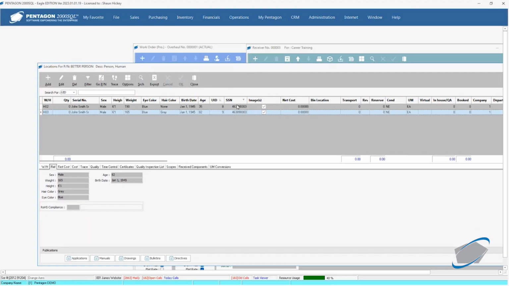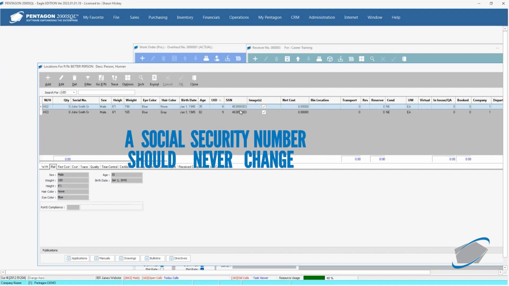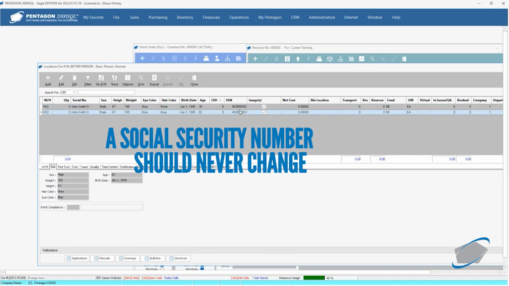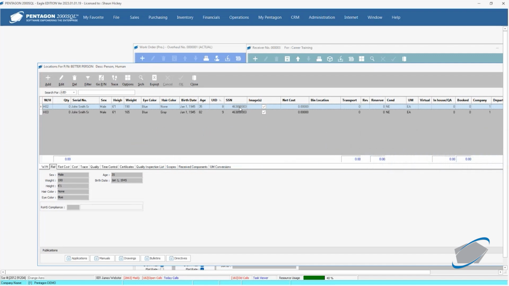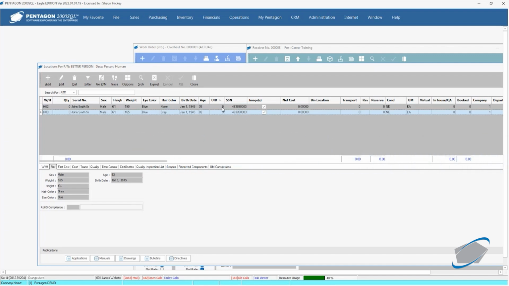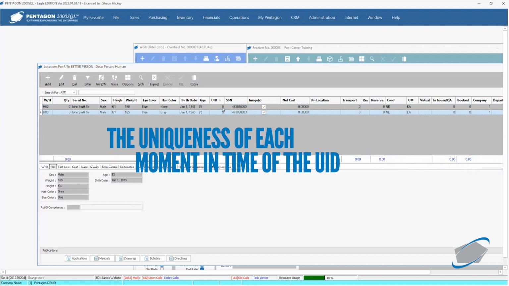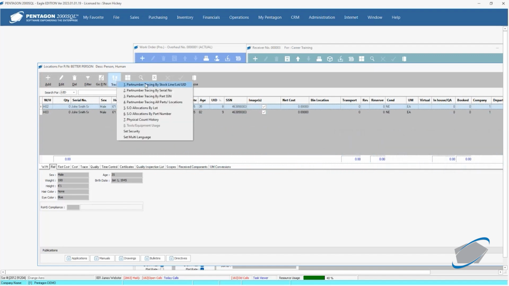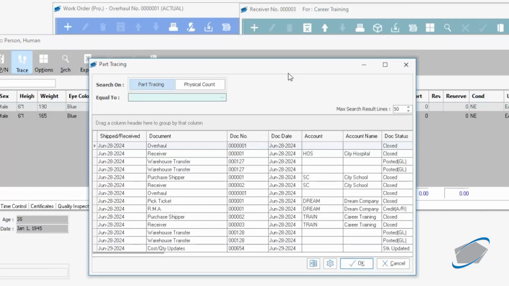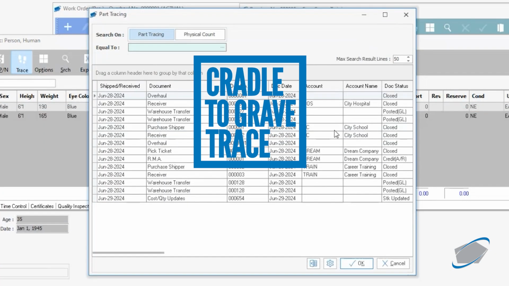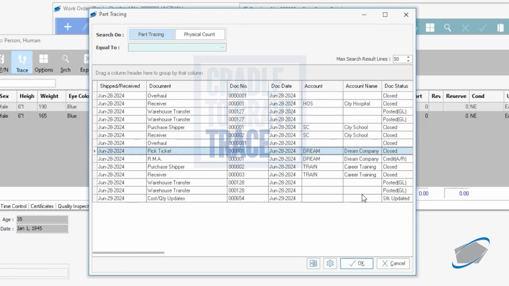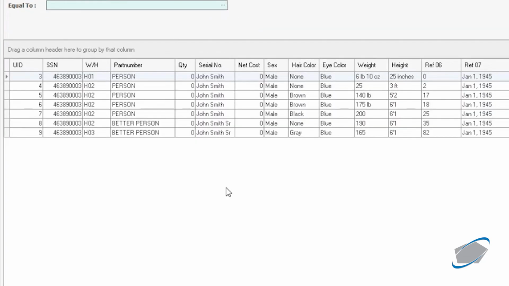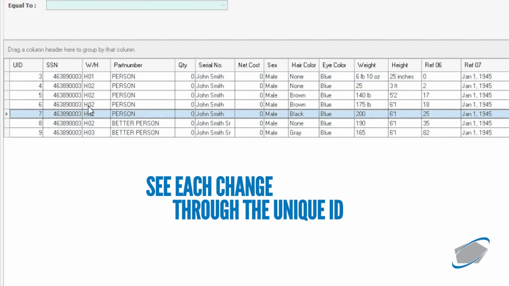So the conclusion here is understanding this relationship between the Social Security number, which should never change throughout the journey of the life of a part in your system, and the uniqueness of each and every point in time of the unique ID. It's always fully traceable. Cradle to grave trace, from birth through each school, through each warehouse transfer, to ultimately the stock adjustment. Or at any instance along the way, you can see each and every change